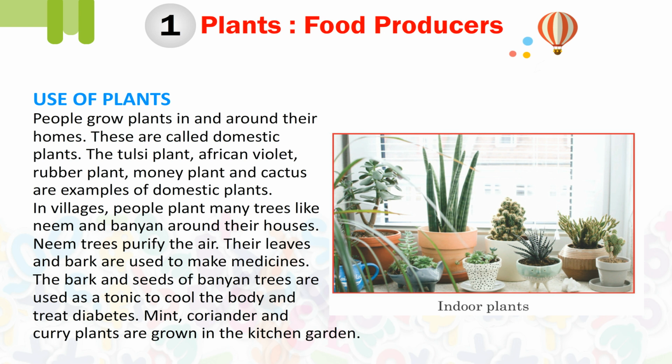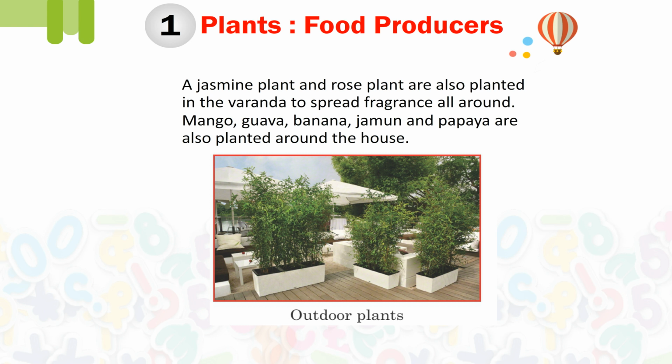Mint, coriander and curry plants are grown in the kitchen garden. Indoor plants. A jasmine plant and rose plant are also planted in the veranda to spread fragrance all around. Mango, guava, banana, jamun and papaya are also planted around the house. Outdoor